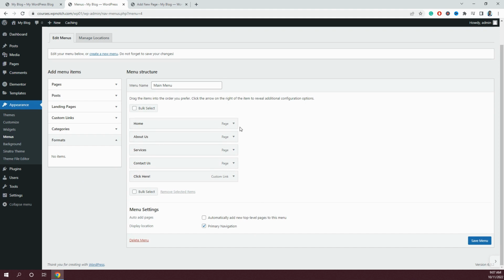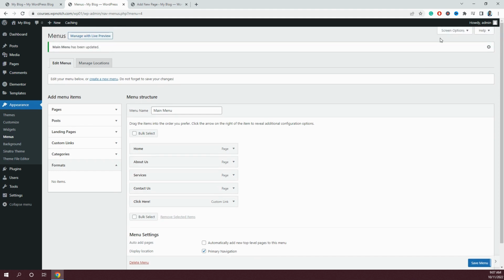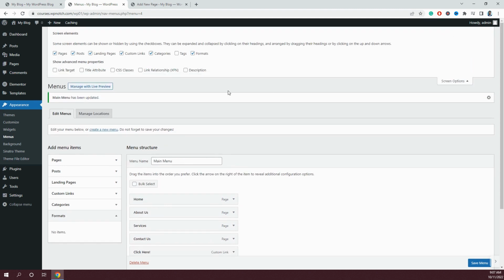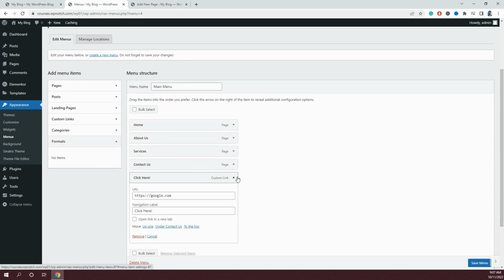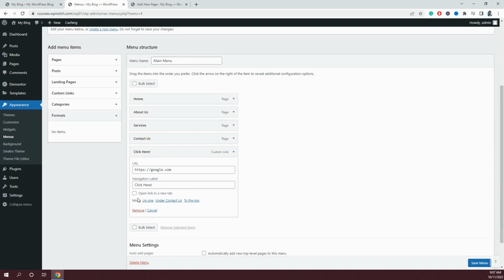Or if you want to open the links in a new tab, you can also do that. For that, you'll have to go to screen options here on the top right side, and here some options are unchecked, and these are some advanced options that don't show every time. So you will have to click this, the link target, and it will open up one more option here. You'll have to click this arrow, and it will add in an option, open link